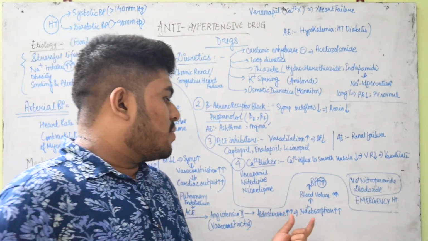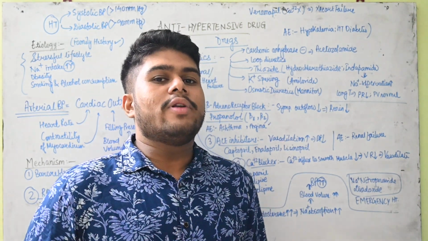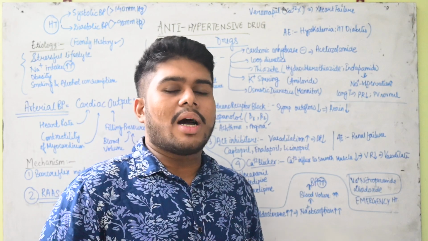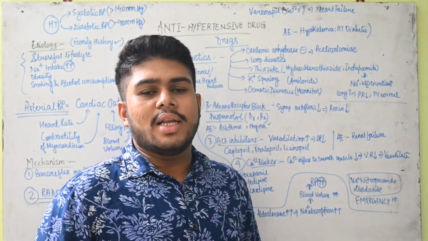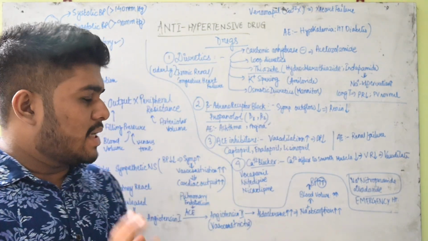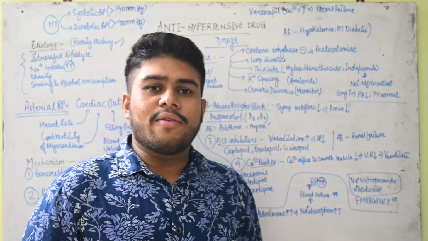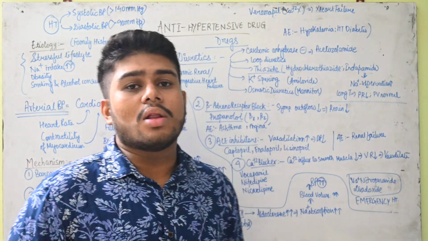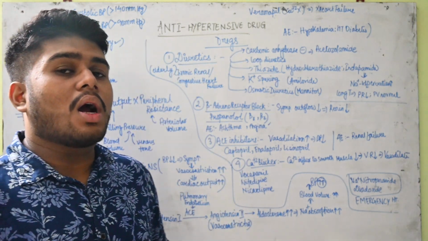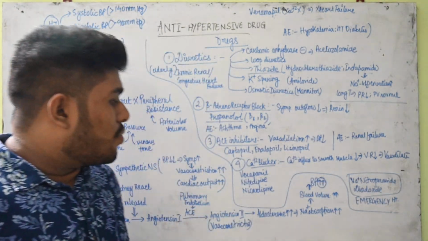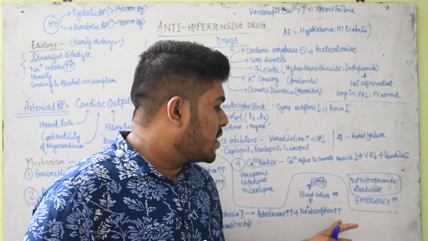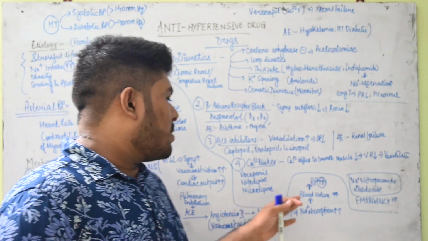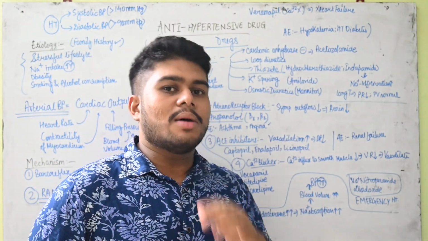So aldosterone will increase, and that will facilitate sodium absorption. When sodium absorption increases, automatically the blood volume will be maintained, because sodium is taken up by the cells of the nephrons and sodium is released. These actually have an effect on the water, as we know about the countercurrent mechanism. So when sodium absorption increases, water will also be retained in the body, so the blood volume will increase, and this will increase the blood pressure.